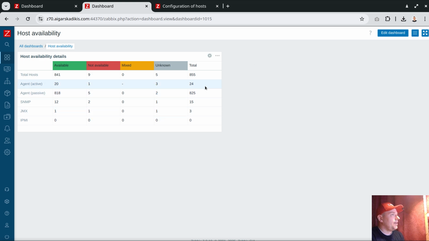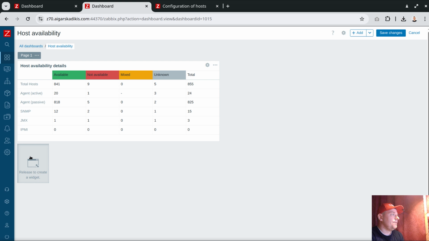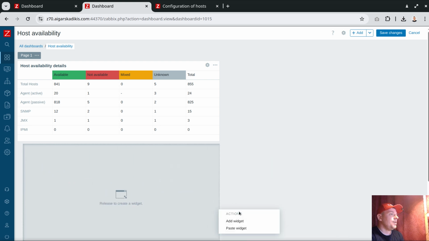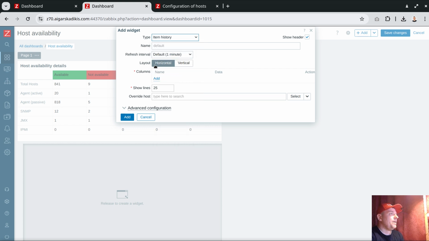Right now I will end the video with how to add the translation to this very widget. Since it's a template dashboard and it's not the same as a global dashboard, if you want to give all the team members the opportunity to see what's not available, then we can create a global dashboard. And the strategy here is simple. We edit the dashboard, we create the widget like this, add widget, and there is item history, and here